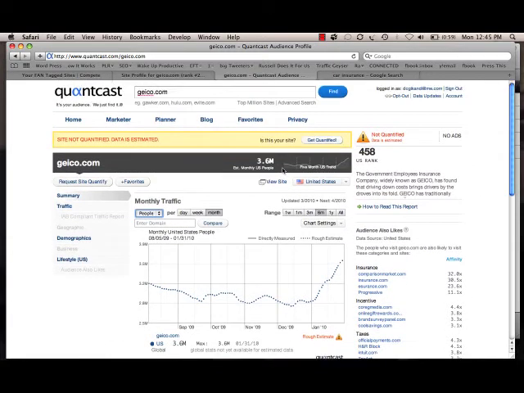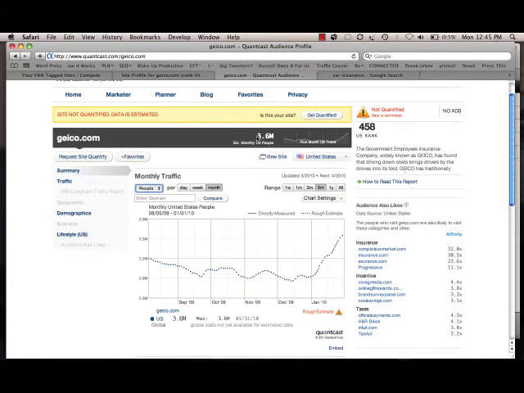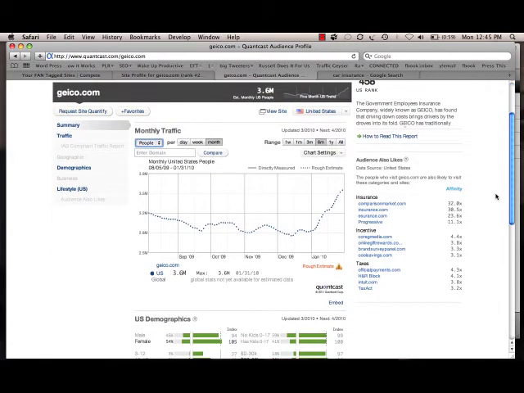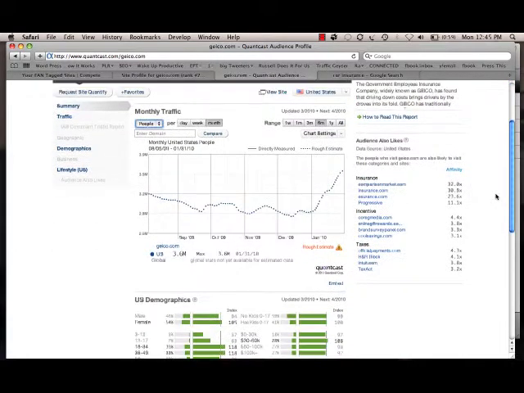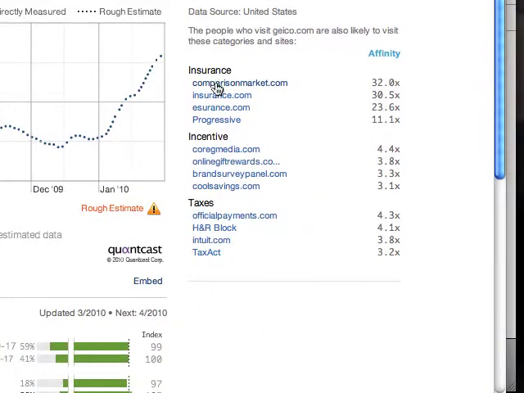But for this data, we want to get the big players because they have so much traffic. As you can see, 3.6 million people. So the internet has collected a lot of information about them. So as you can see, let's look at this area first. People who go to Geico.com, which is one of the